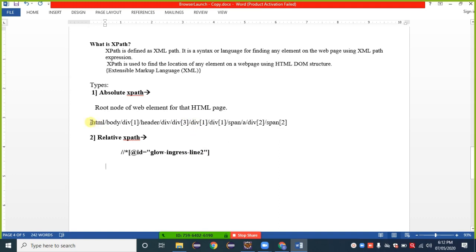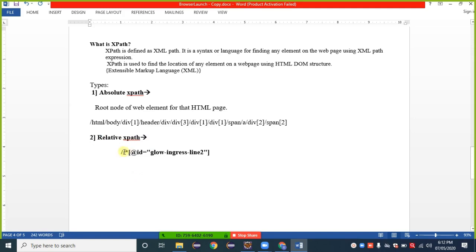Okay, so here observe that a single forward slash is available, and here two forward slashes are available. You can simply compare the length. The length is also very small. Again, there is no other element available. It is given step by step: HTML, then body, then div1, step by step the location of that element is given here. Here, that location is given directly. So we always go with a relative XPath.